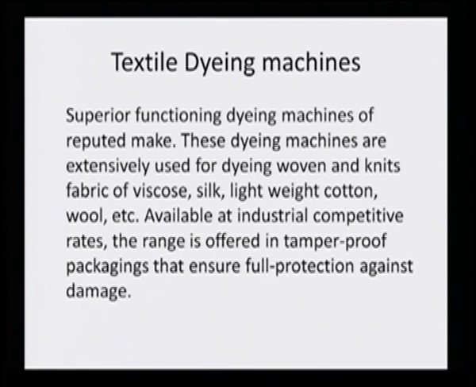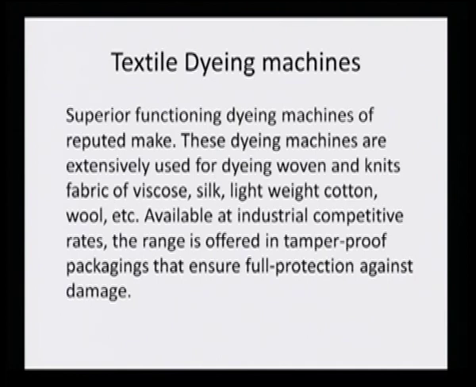These dyeing machines are extensively used for dyeing woven and knit fabrics of viscose, silk, lightweight cotton and wool. So, you see all the lightweight material, that is viscose, silk and lightweight cotton, wool, these are all dyed in